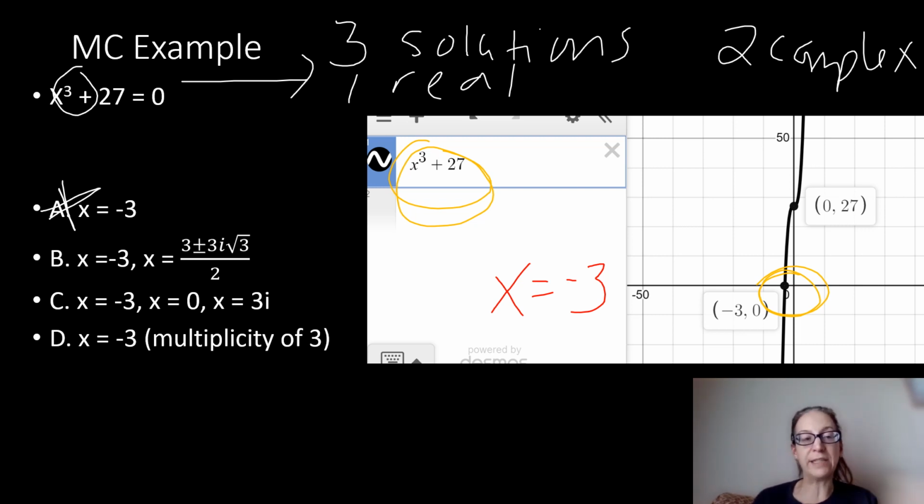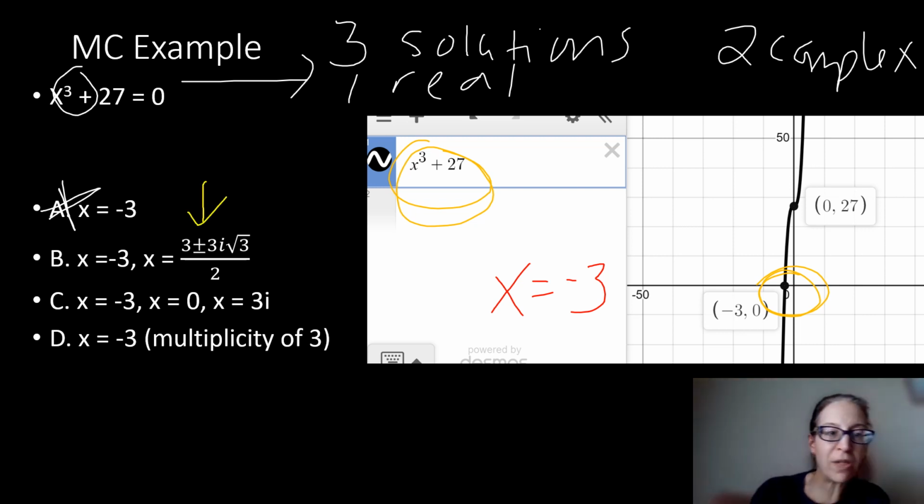If you're like, but I only see 2 solutions there, look right there at the plus or minus. There's actually 2 solutions put in there. One of them is a plus, and then the other solution is the minus. It's just messy looking. Okay, so we've got one real solution and 2 complex solutions. I like B as a candidate, but I do need to make sure that I don't have another candidate that